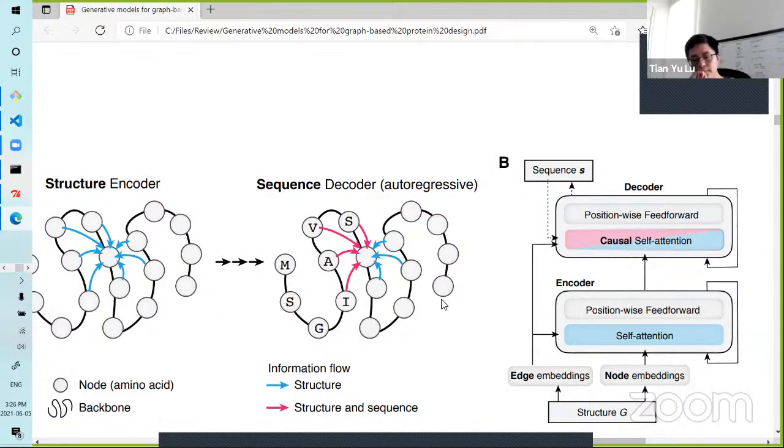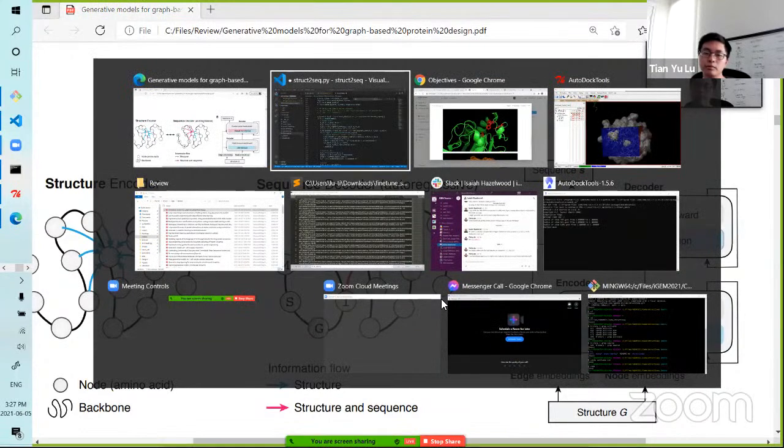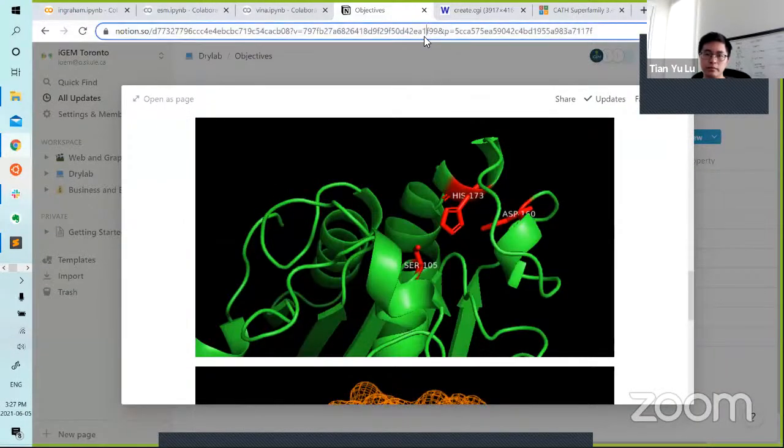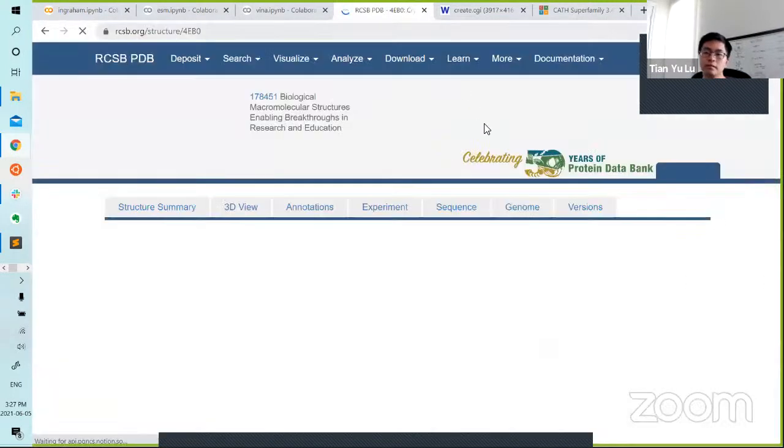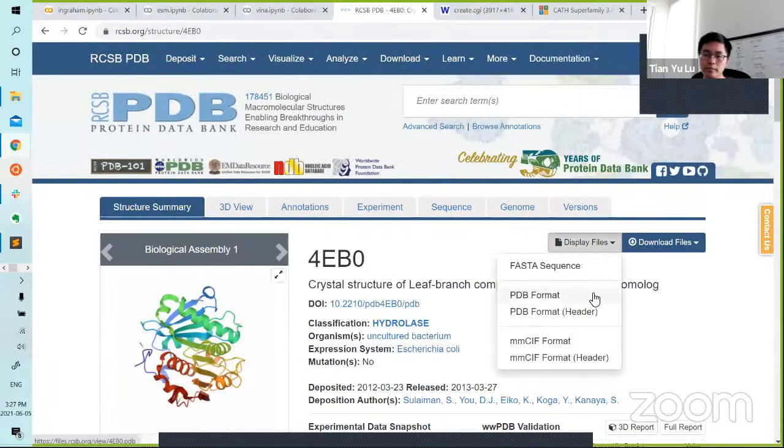In fact, I think even in protein structures, let's say if you look at 4EB0, if you look at the PDB,